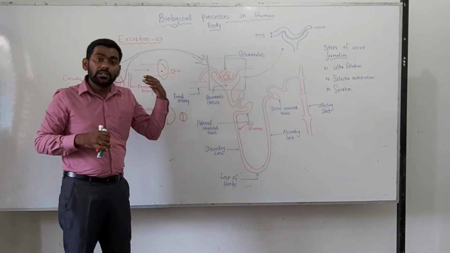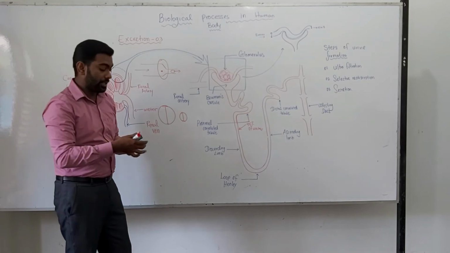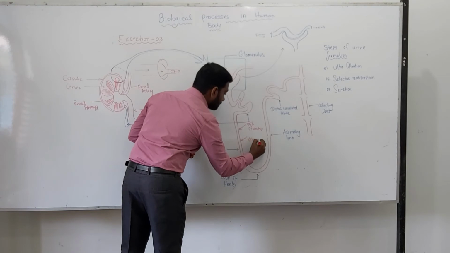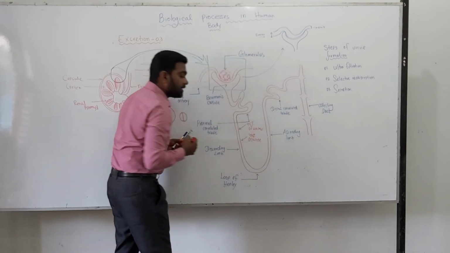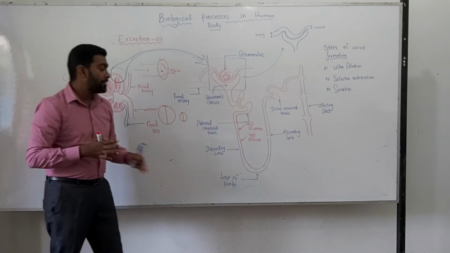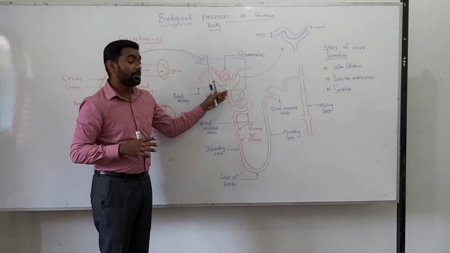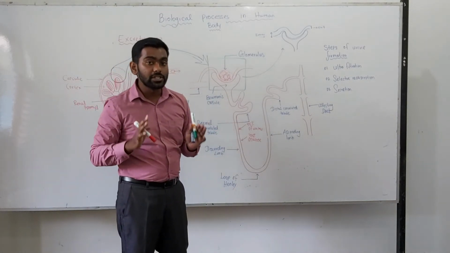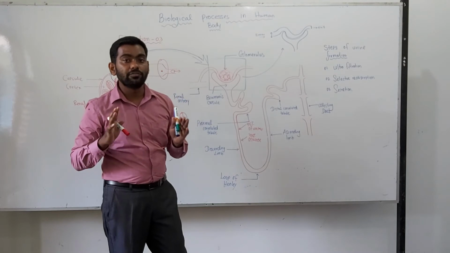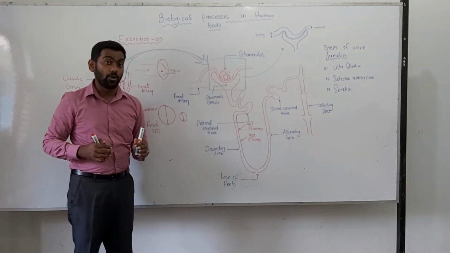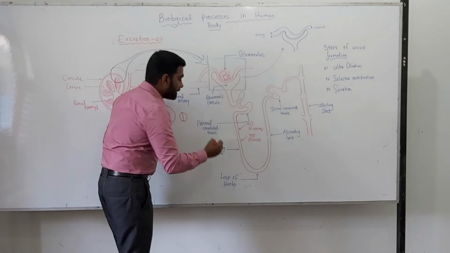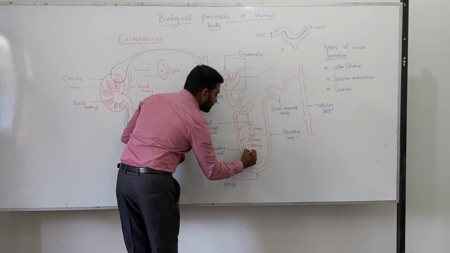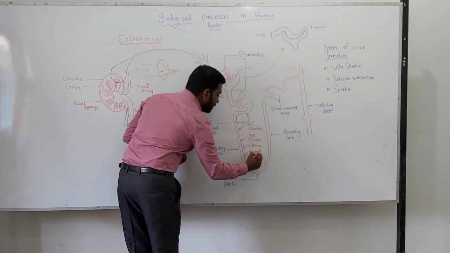And what other materials are required for the body? The second important one is glucose. And without any doubt, if you are a healthy person, 100% of glucose from the glomerular filtrate will be reabsorbed into the blood. So 95% of water and 100% of glucose, if you are a healthy person only, right? And other things, you can see vitamins, minerals, salt,